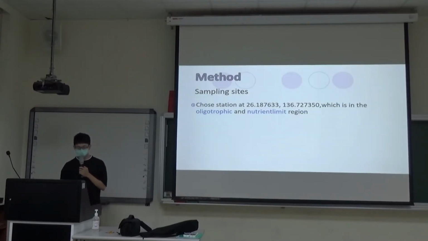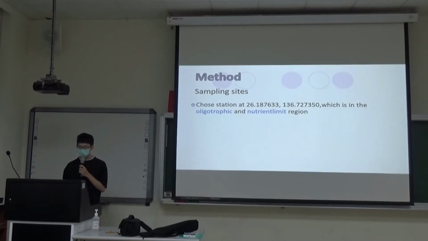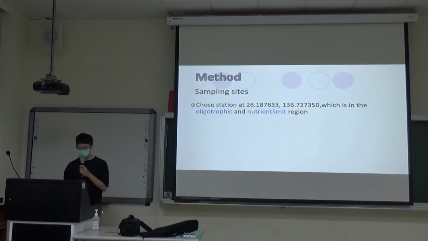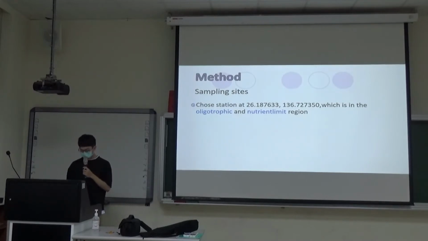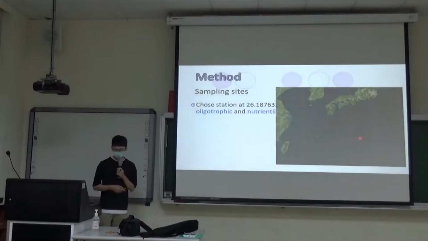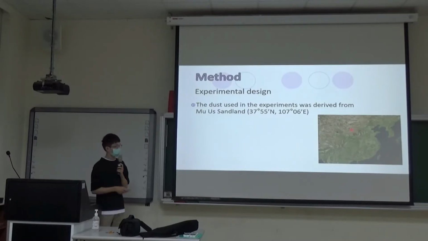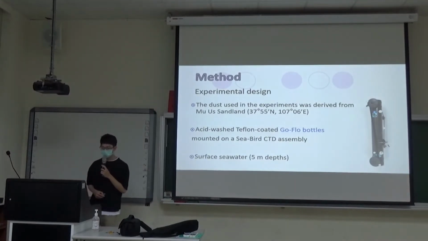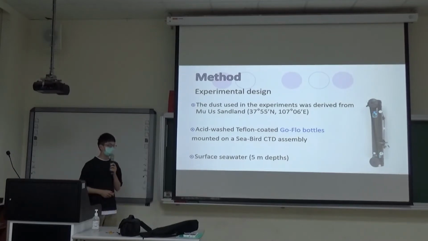For the sampling, we chose the station at 26 latitude and 136 longitude, which is in the oligotrophic region. Oligotrophic means lacking in nutrients. And here is the sample site. And then the dust we used in the experiments was derived from the lab here. And then we used Go-Flo bottles mounted on the rosette assembly to collect seawater at 5 meters